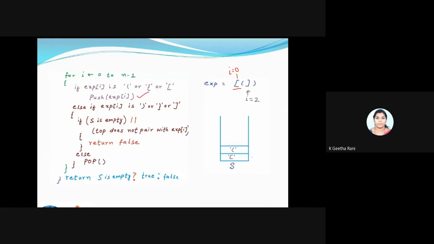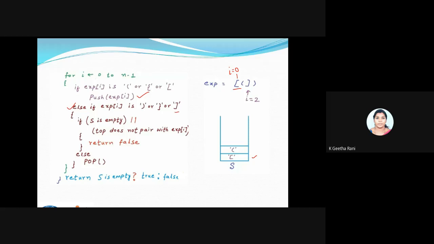Then again I'm having a normal bracket, again an open bracket, I'm performing a push operation. When my i is equal to 2, I'm having a closed bracket, so it gets inside your else part.